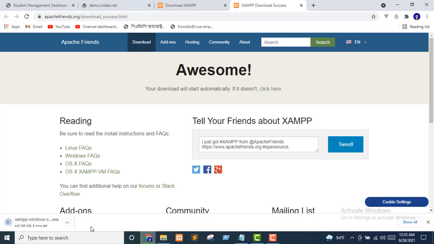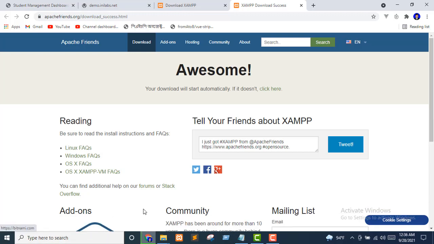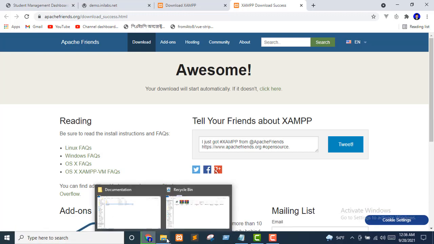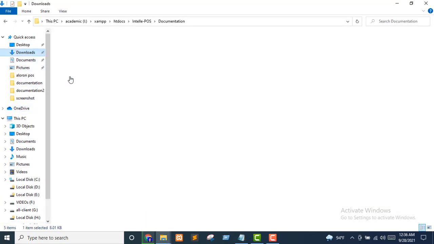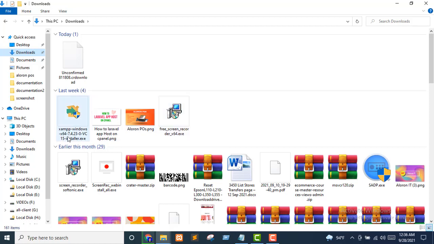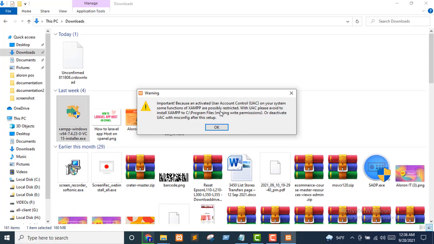Click download 64 and look, download is starting. And download is complete. To find the downloaded file, go to downloads. Here you can see XAMPP Windows 7.4.23 version. Here you have to double click and you get this type of warning. You have to click OK